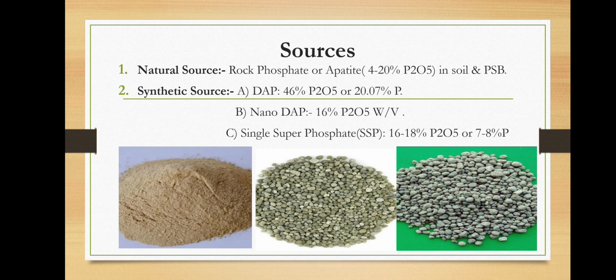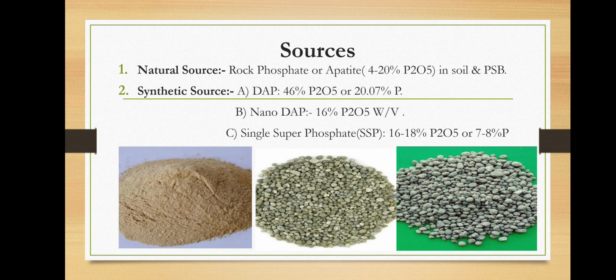It has 46% P2O5 or 20.07% P. Normally in a DAP bag you will see 18-46-0, meaning 18% nitrogen, 46% P2O5, not P. If you want P, you must convert it to 20.07% P, because all the fertilizers contain P2O5. So in a DAP bag we will see 46% P2O5. If we convert it to P, it becomes